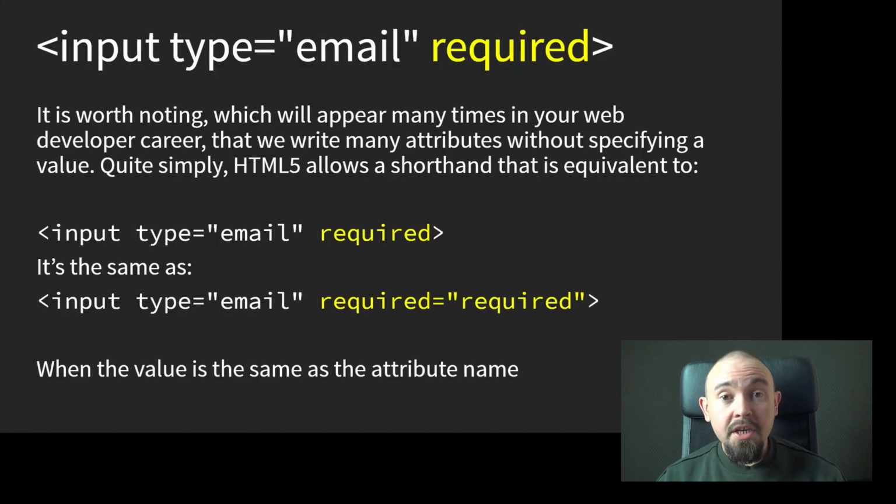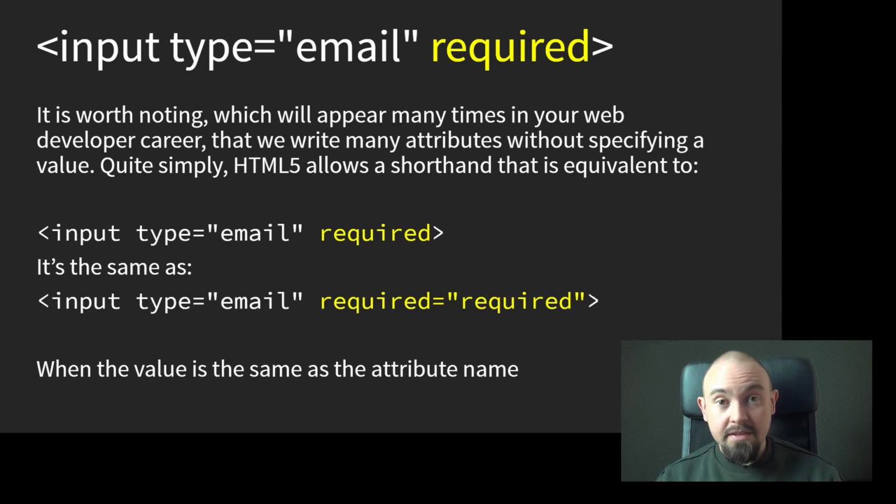The vast majority of the attributes have a name and a value. We can see the type name and the email value in this example, but not all attributes have values. Some attributes may appear on their own. For example, required, which means that this particular input in a form must be filled. The required attribute extends the properties of this input, preventing the form from being submitted if it hasn't been filled and has no value. You can write this attribute by typing the same value as the name of this attribute,